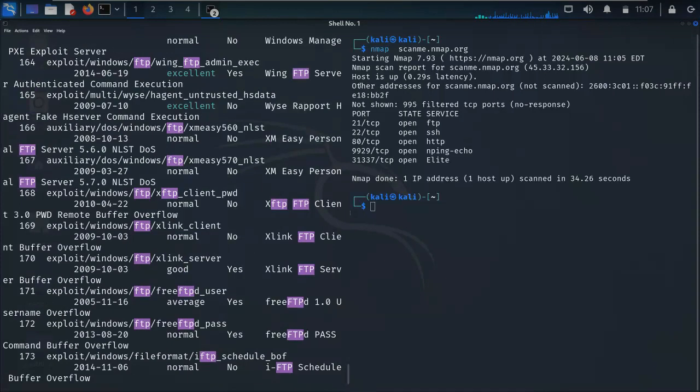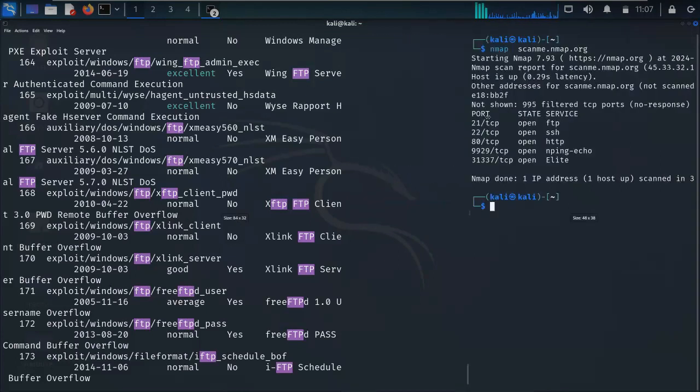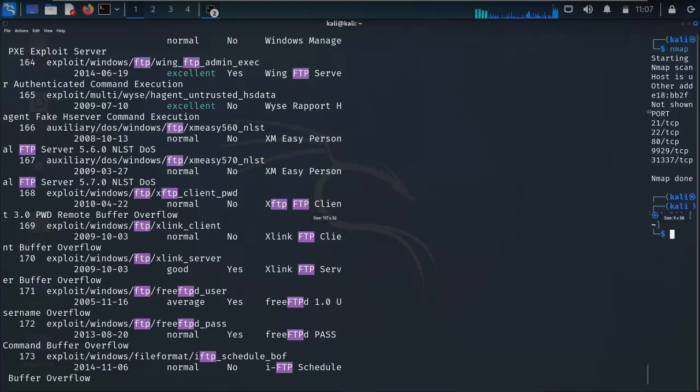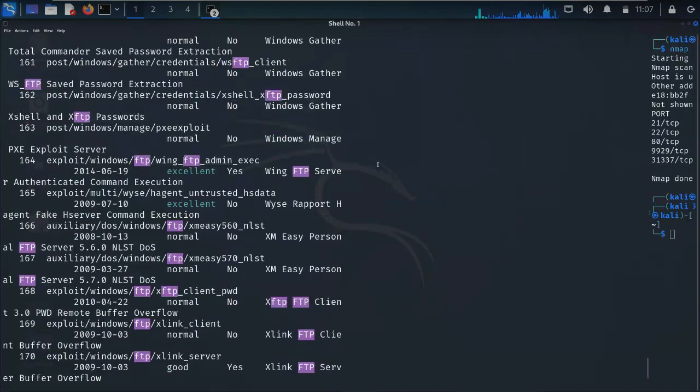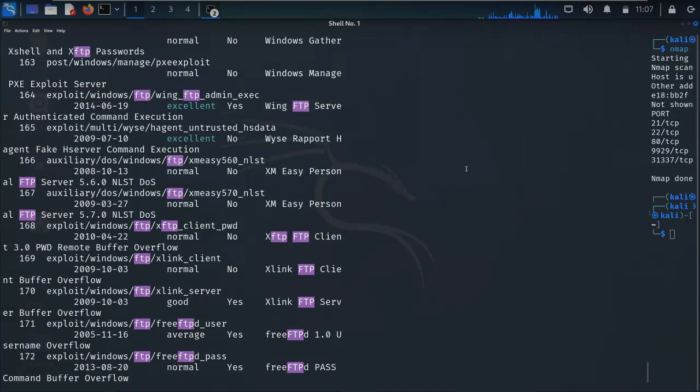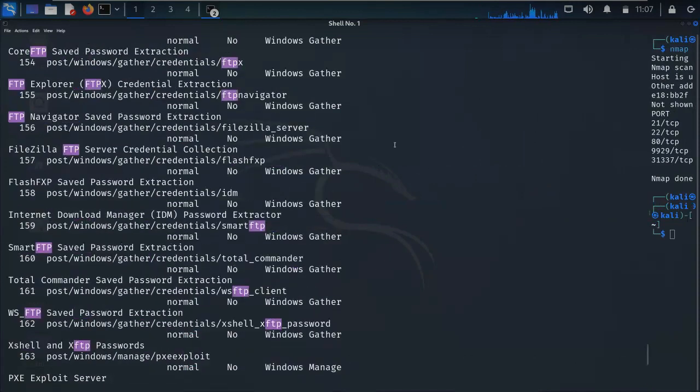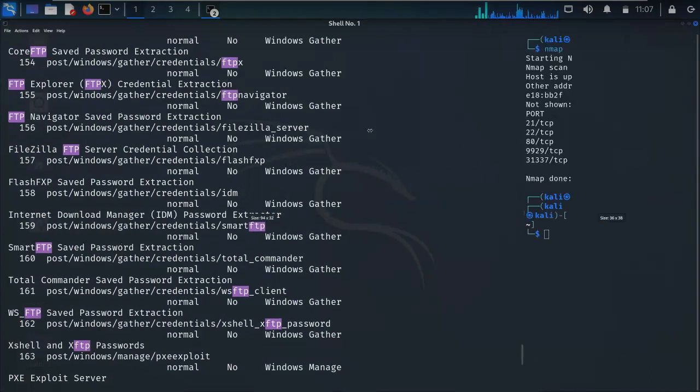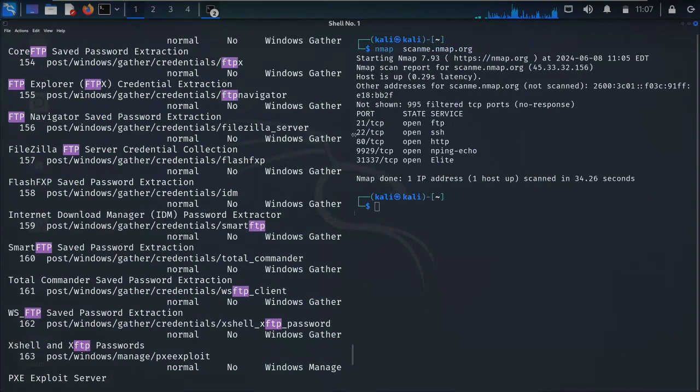Let me see if I can expand this. So it brought a whole lot of resources, right? Now we need to make the search particular for the exploit that we really want to use. So that's why we need to check that. Okay, let me say Access Bank said that we should